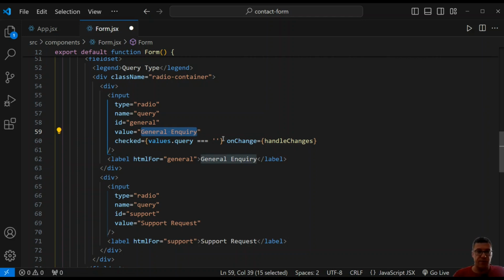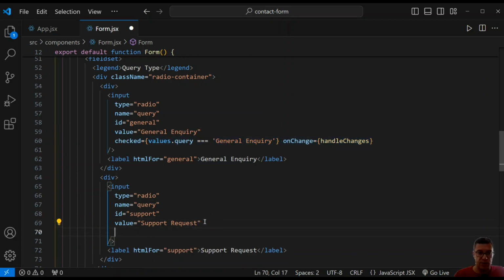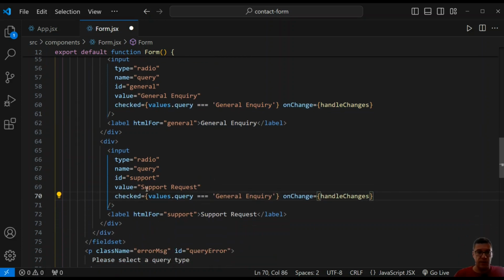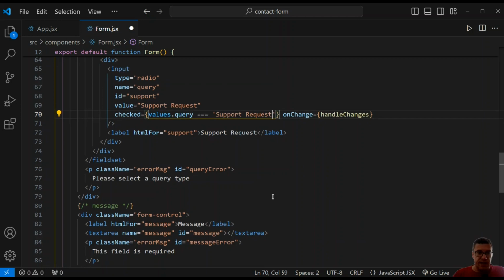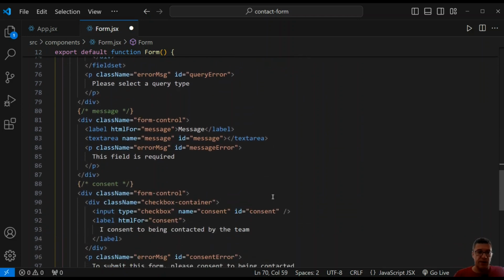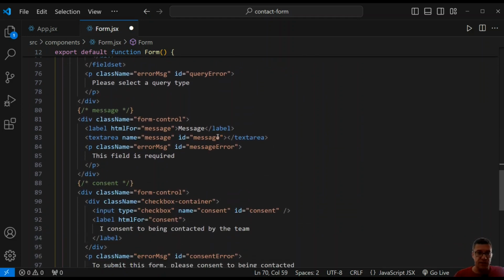So if my state is general inquiry, this button will be checked, and if it's the other button, the value will be support request. Okay, just like that. Next we have our message field, which is a textarea,